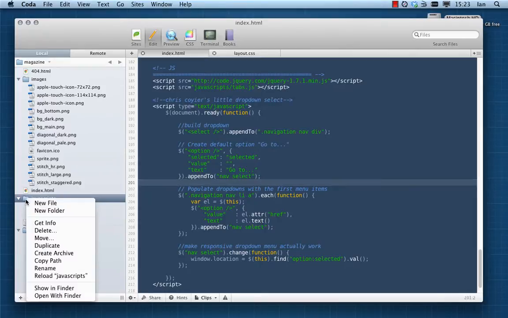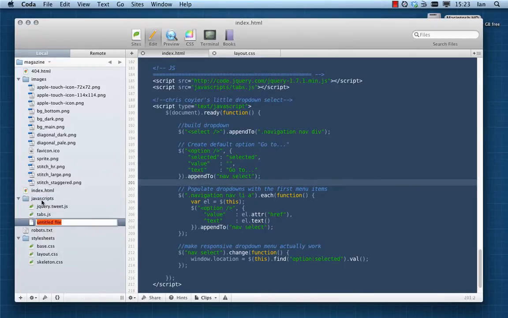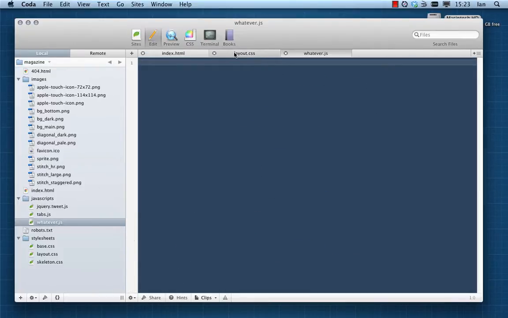So the first thing I'm going to do is open a new file in our JavaScript folder. Call it whatever you like. You can call it instantiation or plugins or whatever. I'm going to call it whatever, actually. I find that inspirational. So there we go, whatever.js. This is where we're going to put all our